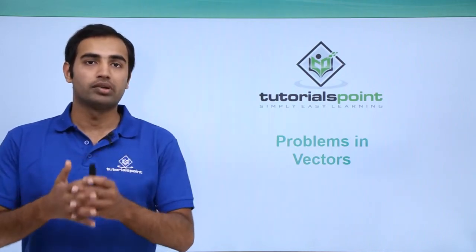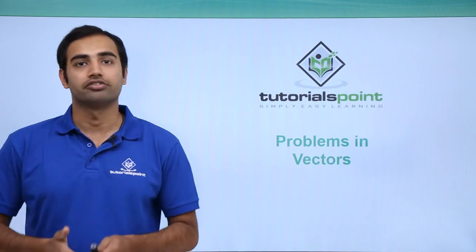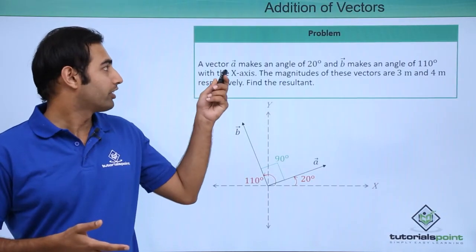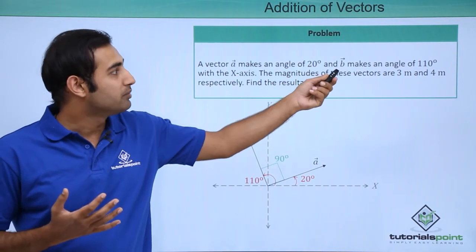Let's talk about a problem in vectors. The problem we'll be discussing will be about the addition of vectors. So let's see what the problem is. Over here we have a vector A which makes an angle 20 degrees with the x-axis and B which makes